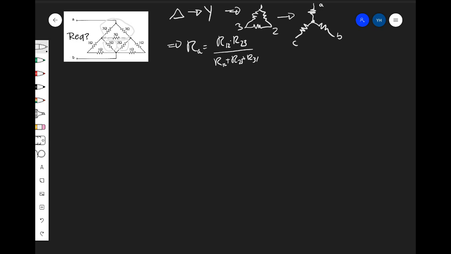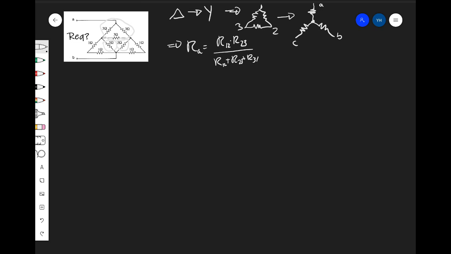Hello, in this video I will be showing you how to find the equivalent resistance of a somewhat complicated looking circuit. So the first thing we'll look at is how the circuit is displayed and what methods we can take a look at that will simplify the circuit. Typically what we want to break it down to is simple parallel and series combinations that will give us the